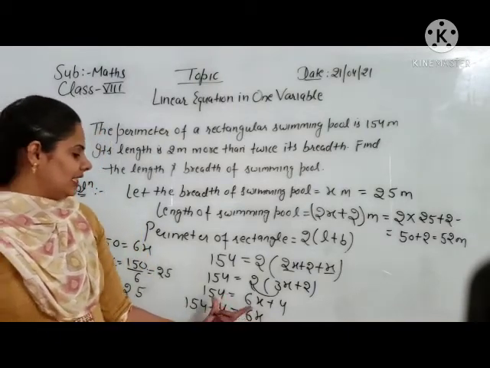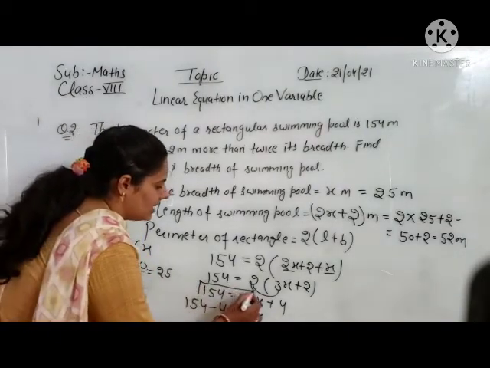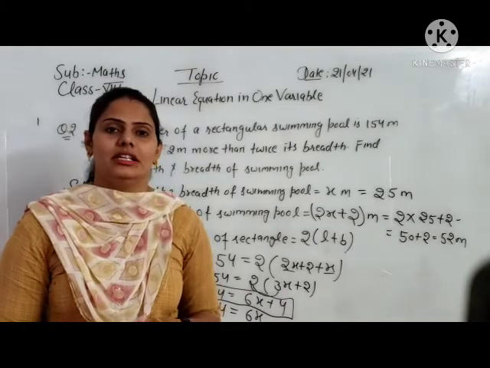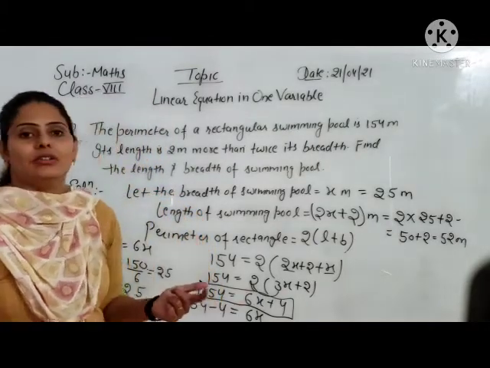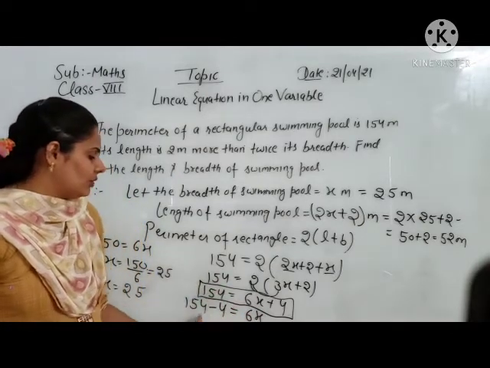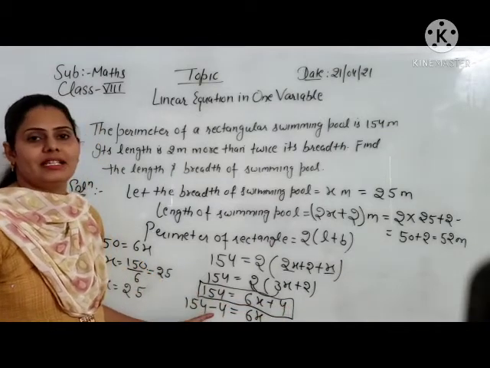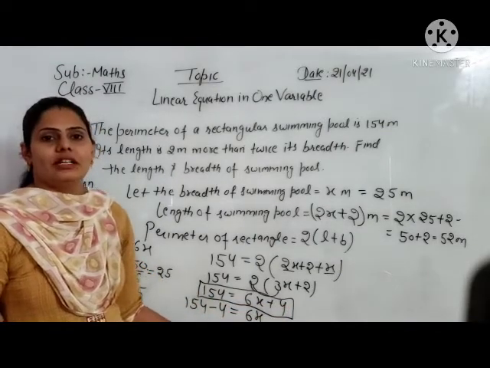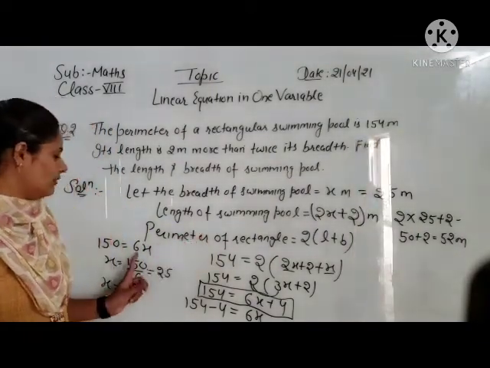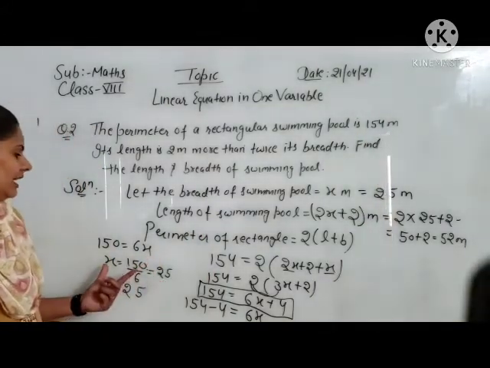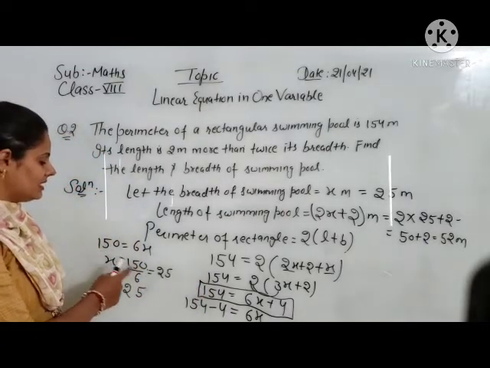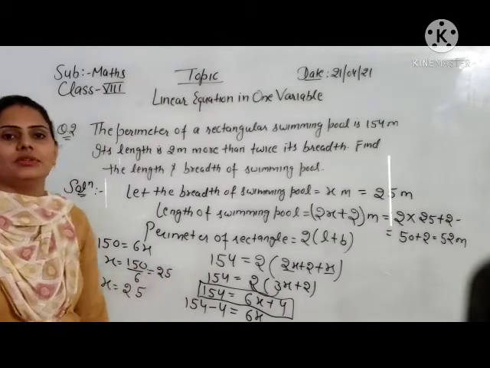Clear? Now, you can see this equation. This is a linear equation in one variable, and this type of equation you have already solved in your first exercise. So how will you solve? I have told you, variables you will put on one side and all the other values on the other side. So 154 is already on the left hand side, and 4 you will also take to the left hand side, so it becomes subtraction, equal to 6x. Now 154 minus 4 is equal to 150. So 150 is equal to 6x. Now you have to find the value of x. 6 you can take to the other side, so 150 divided by 6. So it will be 25.